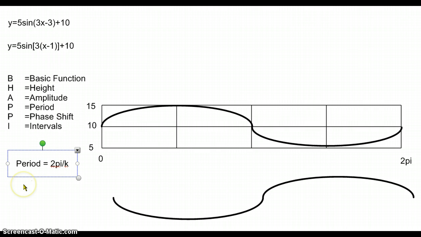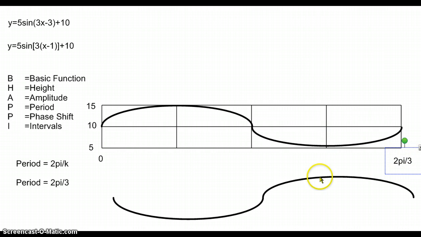So after using the period, realizing that it's 2 pi over K, and K is the number 3, the period is 2 pi over 3. That means that this has to change from 0 to 2 pi into 2 pi over 3. So my whole period goes from 0 to 2 pi over 3. And then we have to realize what the phase shift is. The phase shift is the number 1. And since it's x minus 1,